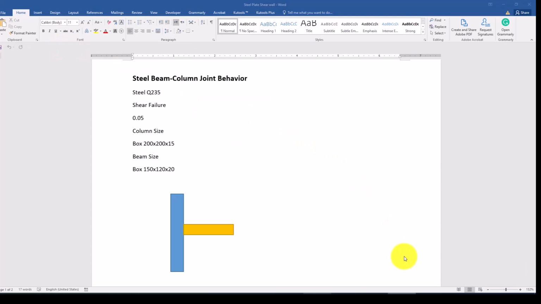Hello everyone, this is another Abaqus tutorial. In this tutorial, I'm going to simulate a steel beam column joint to evaluate the behavior of the welded beam column joints. The material we use in this simulation is steel Q235, which has a yield strength of 235 megapascal. So we will see some failure behavior, which usually I call shear failure, and the shear failure is 0.5% of